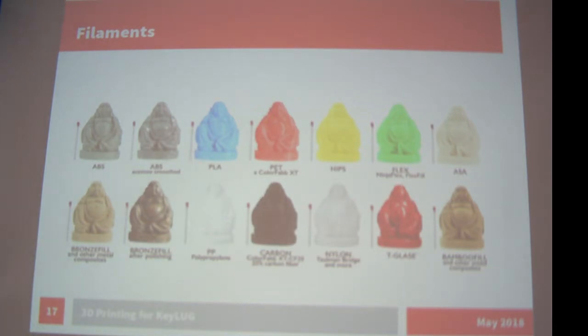The most common plastic out there is PLA, and it's probably the most forgiving to print with, but it also has an extremely low melting temperature. First of all, that means it's easy to print with, because you don't need a very hot extruder and very expensive stuff to do that with. But it means that if it's anywhere close to anything hot, it may melt. People have them in their cars, and they come out and go...